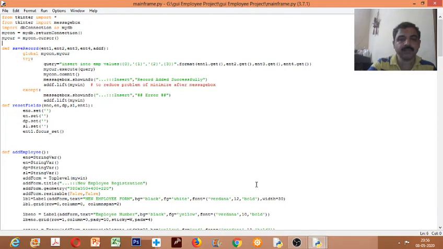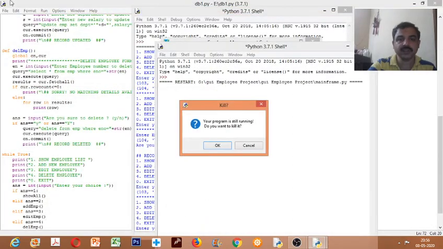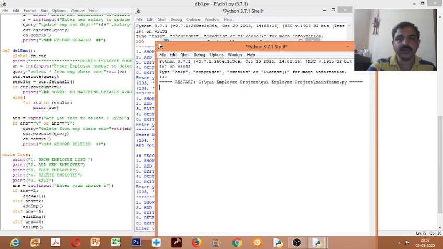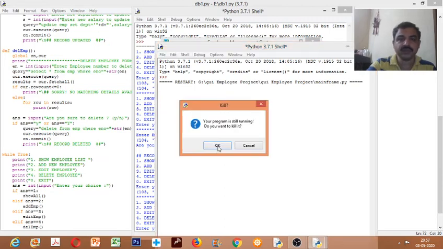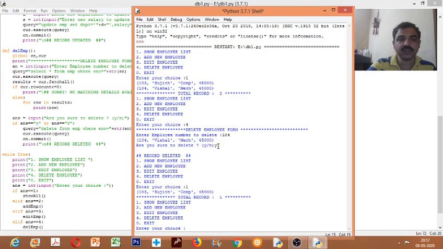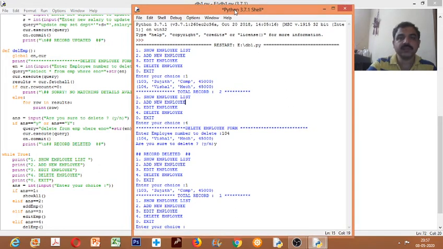Clear? I hope you are clear with the concepts of project work now. So you can start doing your project work. And project work is your own work, so you have to think about the project first, what you are going to do, plan it, what should be your menus, what should be your options, then start doing the work.